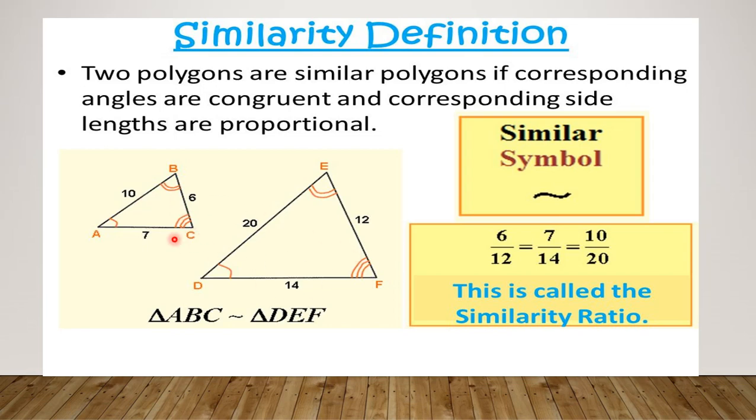So again, let's talk about the same. The two triangles are here, and when we take the ratios of these corresponding sides, AB upon DE is 10 by 2, BC upon EF is 6 by 12, and AC upon DF is 7 by 14. So all these three are equal to 1 by 2. So here 1 by 2 is called the similarity ratio, or this is also known as the scale factor.